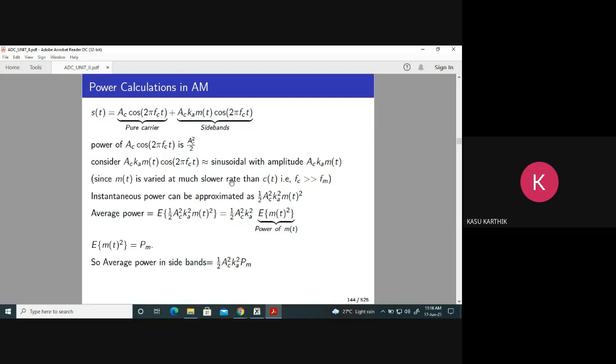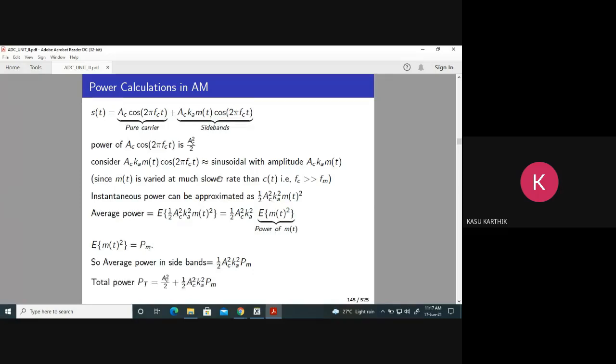What is the trade-off? Here, we are paying for poor power efficiency and poor bandwidth efficiency. But what advantage are you getting? You are having a simple receiver or simplest demodulator. That is called a trade-off. At the cost of having a simple demodulator, we are paying for power as well as bandwidth. So at one place we are at loss, at another place we are at gain. That is called a trade-off.